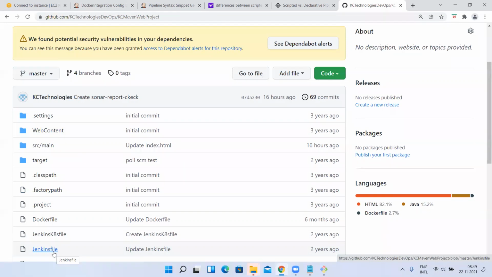Place a different script. Now you may get a question: sir, when I merge the changes from development, for example, I have a development branch and I placed my Jenkins script there. Now I went into my QA branch and placed a different Jenkins script there. But when I merge from development to QA, it will override. Yes, it will override. To avoid that, in your .gitignore file, you add your Jenkins file.